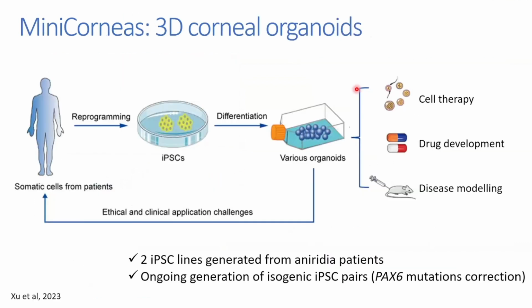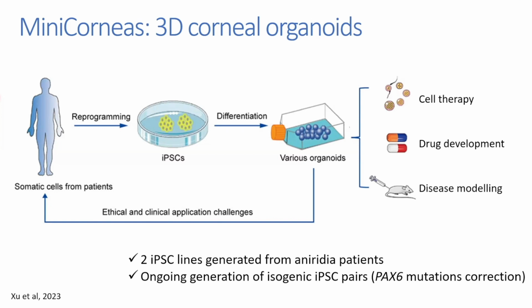So, like I said, I've been working with stem cells, and I think I already explained to you about induced pluripotent stem cells. These are cells that are generated by taking a sample from a bit of skin or blood or even urine nowadays. From these cells, we can reprogram them and rewind them back to a pluripotent state. This means these cells gain the ability in the dish to become all sorts of different cells: brain cells, lung cells, cornea cells, retinal cells.